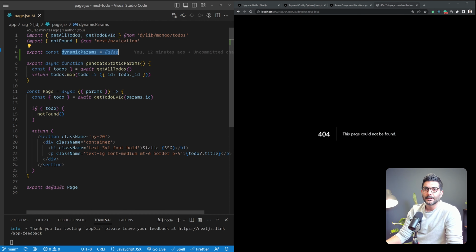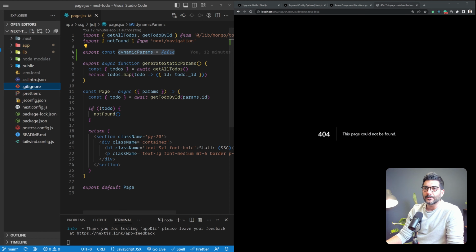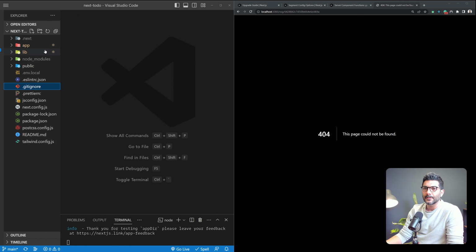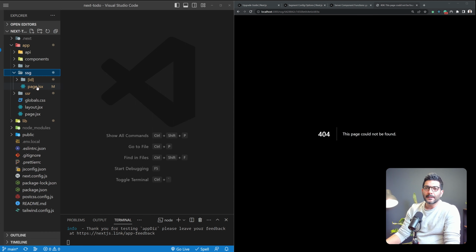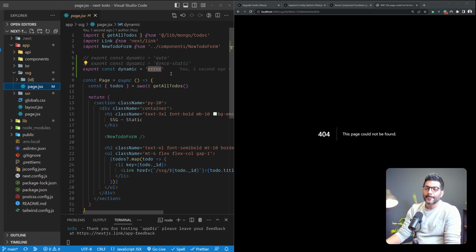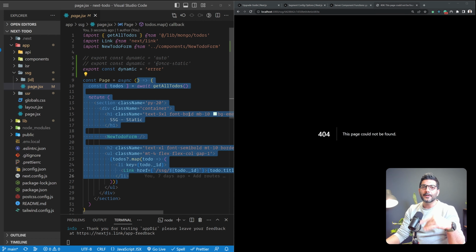Okay, let's recap. Inside of our SSG folder, let me just close this off so we understand what we're doing here. For our statically generated pages, if we were on the index page, this is a static page over here. All we needed to do to mimic the getStaticProps function of the pages directory was export this dynamic config option. We can either leave it alone because it defaults to auto, which instructs NextJS to cache as much as possible, or set it to error specifically to say, hey, this page needs to be static, and if it is using anything dynamic,